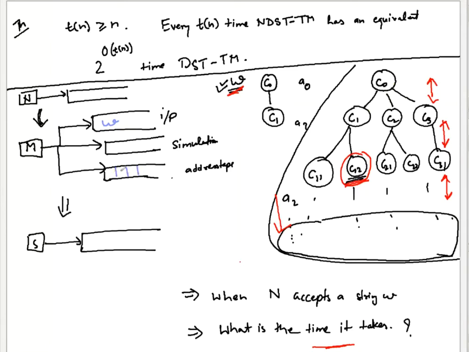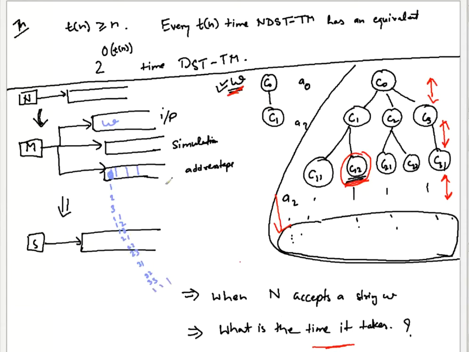Now the address tape actually starts with 0, let's say, and then it is going to get incremented one by one. So 0, then 1, then 2, then 3, then you're going to start with 1 1, then 1 2, 1 3, and then 2 1, 2 2, 2 3, 3 1, 3 2, 3 3, and then you're going to move to 3-digit addresses, which is 1 1 1, and like that you're going to keep incrementing the address.